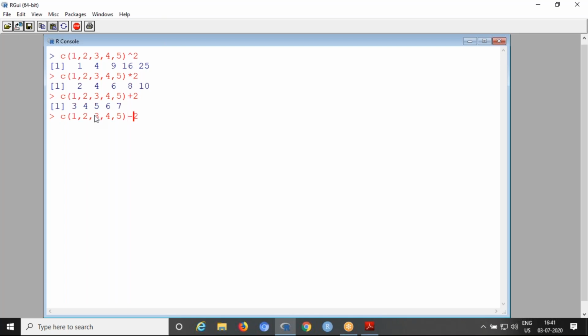That means multiple values can be multiplied with one constant, added with one constant, subtracted with one constant, or raised to a power. You can see minus. Similarly, you can take divide. So any operation you can take on vector values, more than one value. Division, like that, all operations will be computed.